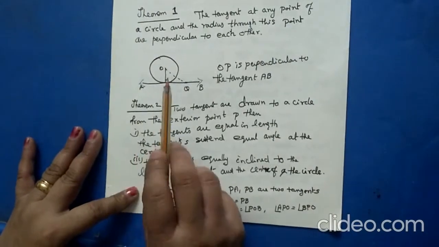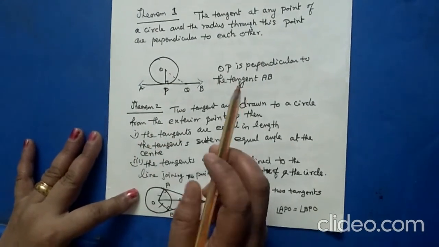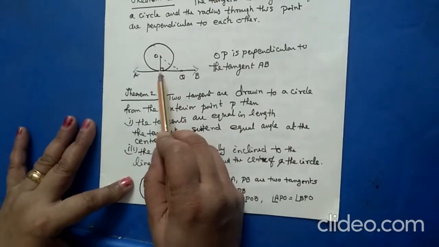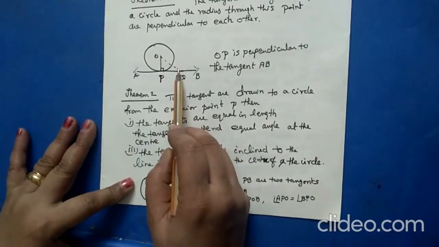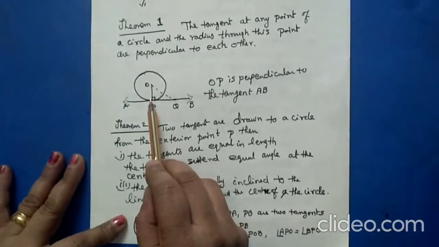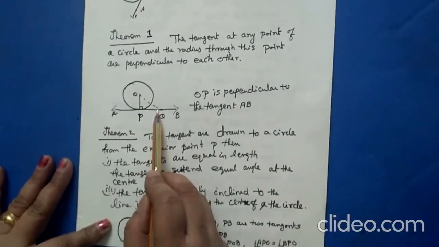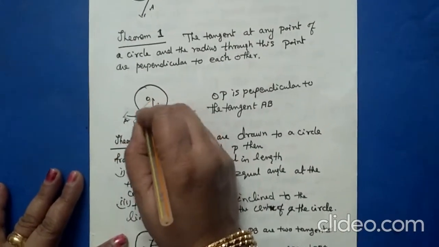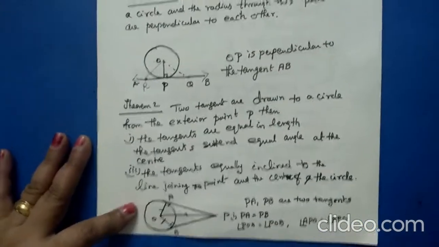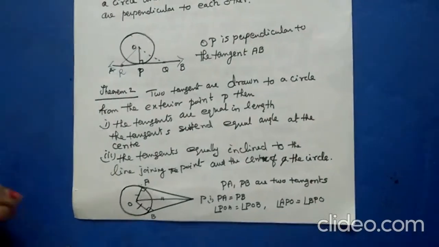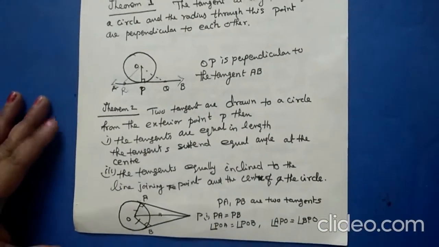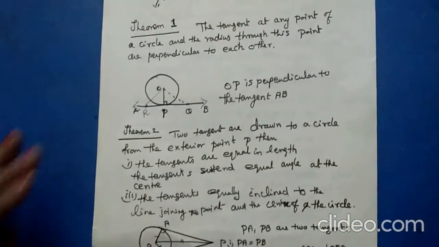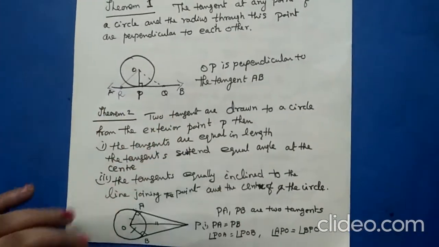So any point you are taking on the tangent, definitely it will come outside the circle. So Q is any point. Join this. Now what is that? You know, OQ is definitely greater than OP, because OP is the radius, it is outside. So any point you are taking, even one more point I am going to take, even OR is greater than OP. So the shortest distance is the radius. In 9th standard, you learn the shortest distance is the perpendicular. Therefore, OP is perpendicular to the tangent.